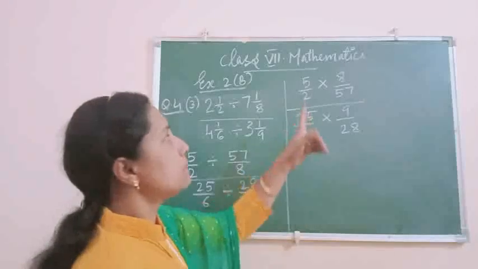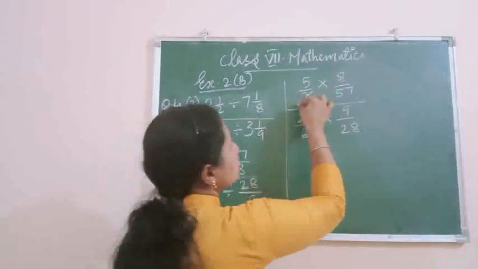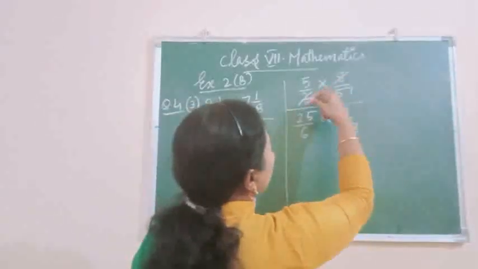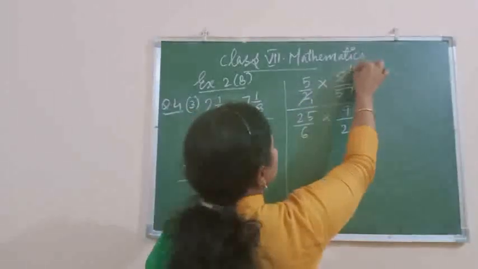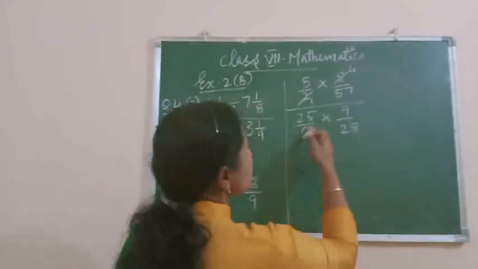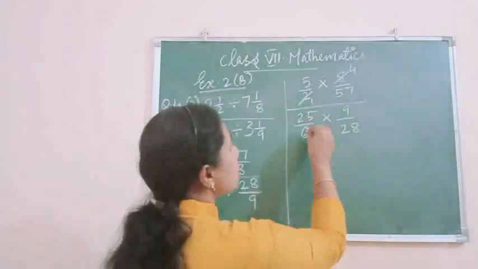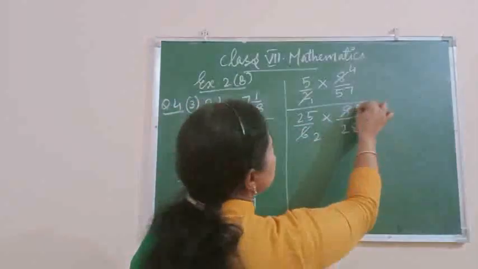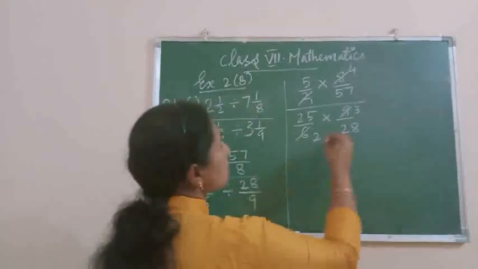Now do the multiplication. Here 8 and 2 you can cancel by 2. 2 divided by 2, 1 will come, and 8 divided by 2 is 4. Now the same way here also: 9 and 6, both numbers you can reduce by 3. 6 divided by 3 is 2 and 9 divided by 3 is 3. Now the remaining numbers we are